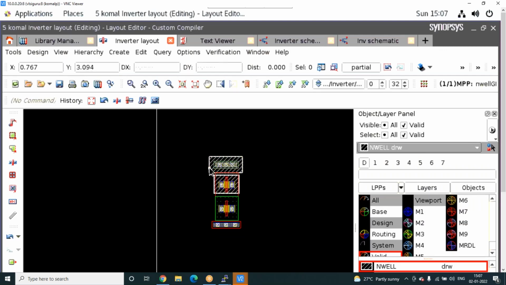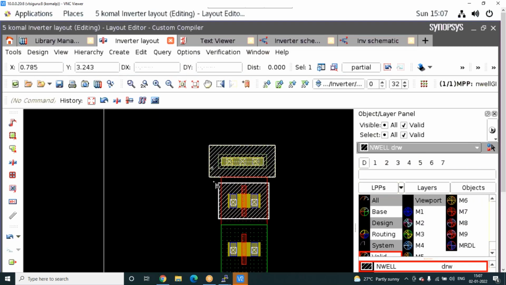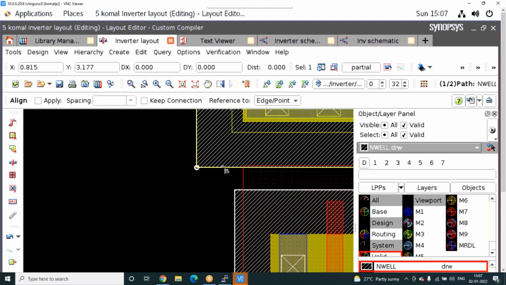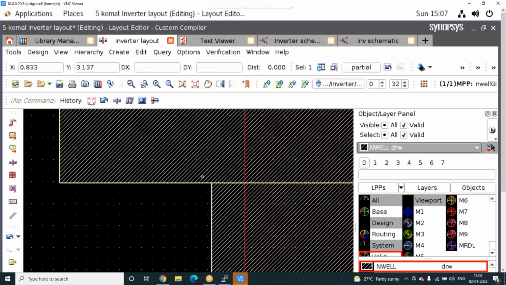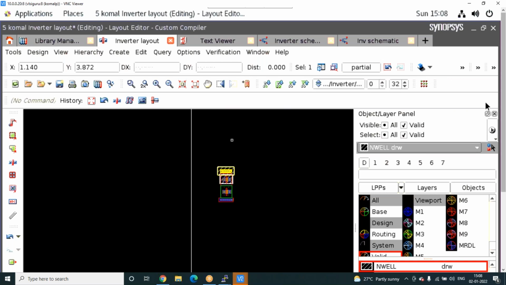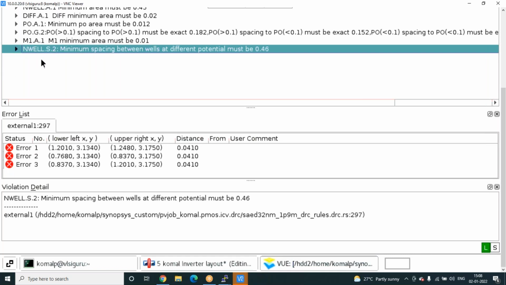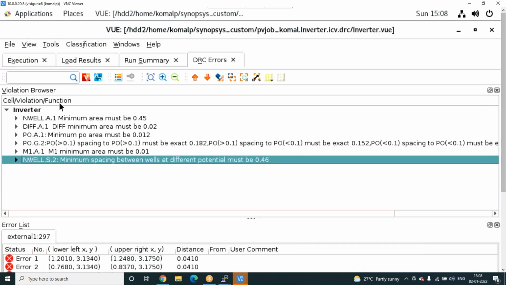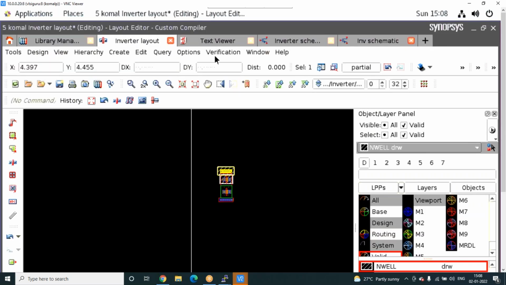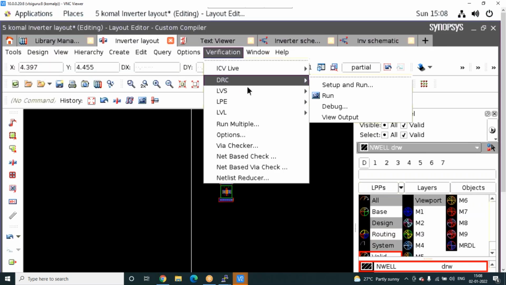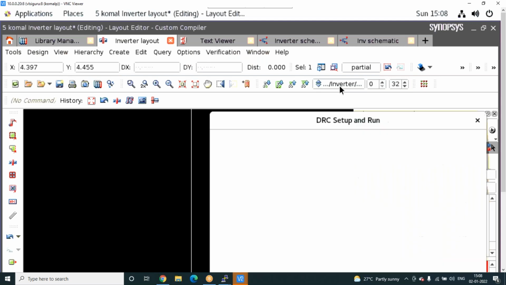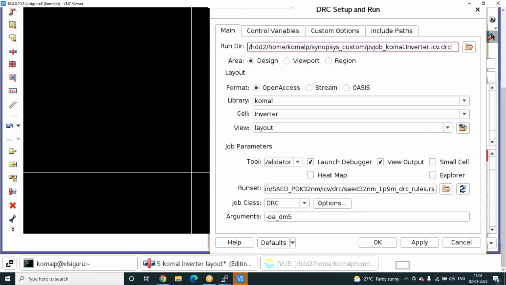Now if you see, all are done manually only. So now I just align this. If you see this error, I need to clean only this error. Other errors, if any, this is how you will clean them. Run DRC, and you will see this error will not be there.